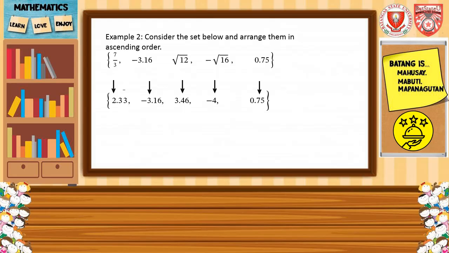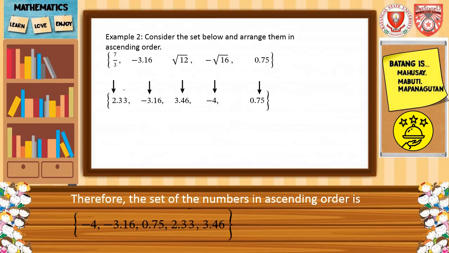In decimal form: 2.33, -3.16, 3.46, -4, and 0.75. Therefore, the set of numbers in ascending order is -4, -3.16, 0.75, 2.33,